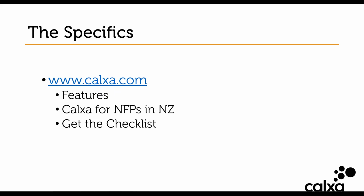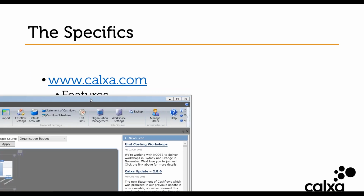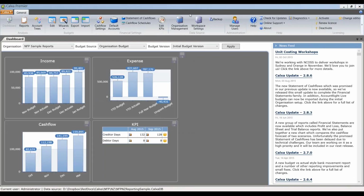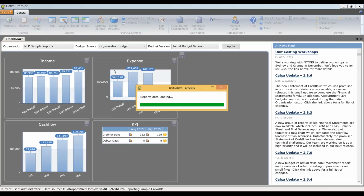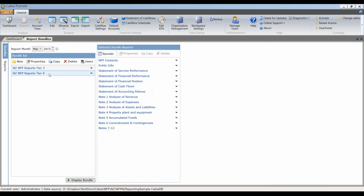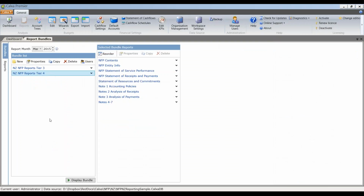So I'll leave that slide for a moment and I'll actually show you what Calxa looks like, have a look at what we've done with the reports at the moment, and then talk about where we're going from here. I'll show you the reports first, so if we look at the Tier 4 one first,